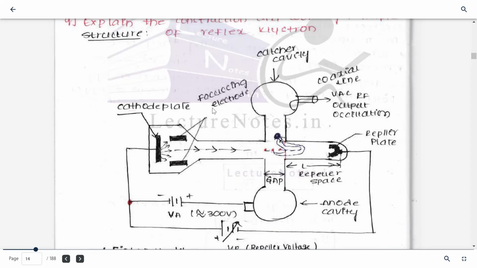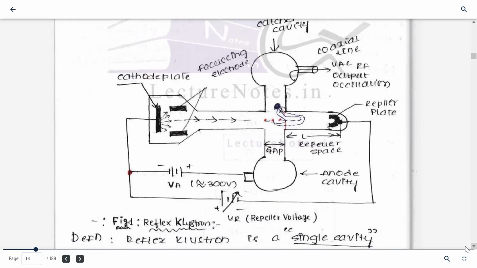This is a cathode plate. It's a repeller plate. This is the anode cavity. So the repeller